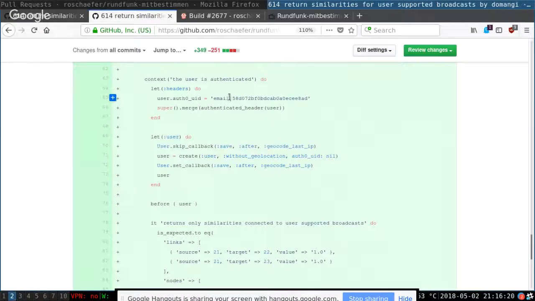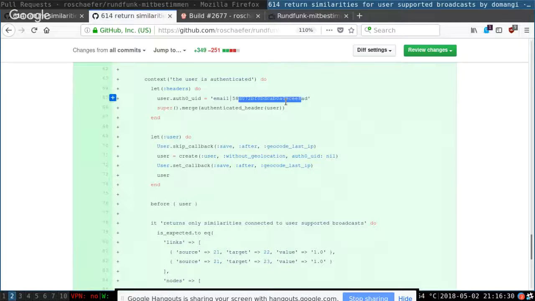In this case this is an email, but you can have Google or Facebook or Twitter, and then some random ID. This is how users are identified on auth0.